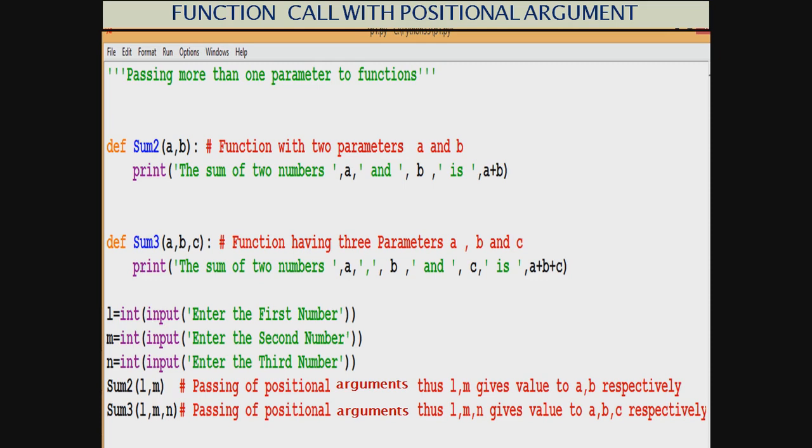similarly has three variables, and L is in the first, then M is there, and then N. So L being the first is going to give its value to the first given parameter in the parameter list. So L is giving the value to A. M being second, M is going to give the value to the second variable in the parameter list. So M is going to give the value to B, and N is going to give the value to C. So it is all sequential in positional arguments when we try to send the call using positional arguments. We can see this using the following animation.